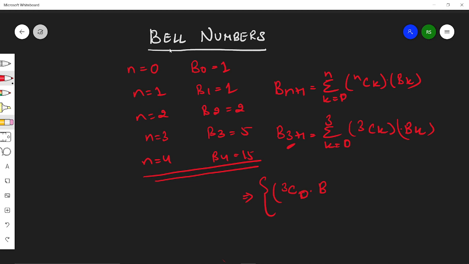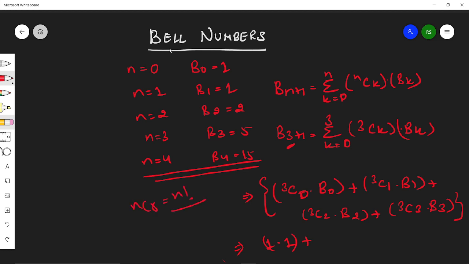So we have 3C0 into B of 0, plus 3C1 into B of 1, plus 3C2 into B of 2, plus 3C3 into B of 3. So this is my answer. Let's open it. What is 3C0? 1. B of 0 is 1. Plus 3C1; what is the formula for nCr?